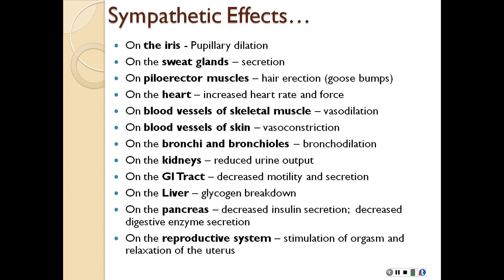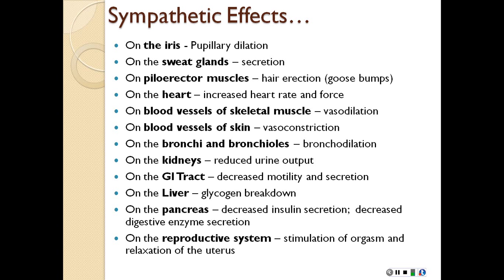Exactly. So the skeletal muscles, as you all said, are going to need more ATP, more oxygen and glucose. So you want those blood vessels to deliver more blood to the muscles, so you want those blood vessels to dilate. Okay, so dilation of the blood vessels of the skeletal muscles. But what about the blood vessels of the skin? Exactly. We don't need as much blood flow to our skin, so those vessels are constricted in situations where we need more blood flow to the muscle.